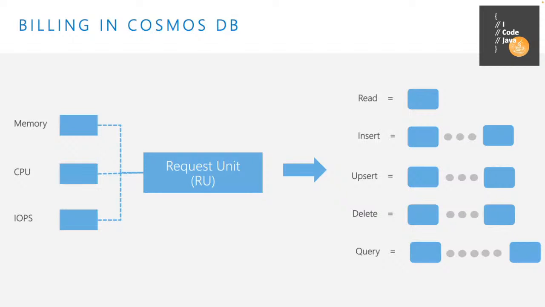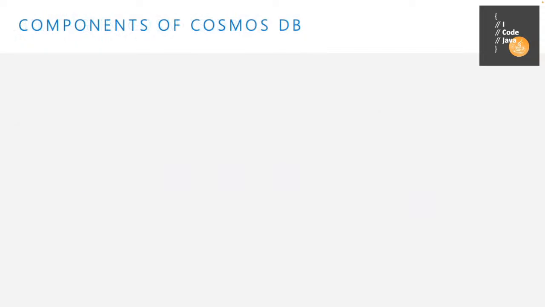And then how do you provision that in the service? Well, you say, I want this database or this container, whatever it is, to have 10,000 request units per second, right? So that's like a theoretical max. That's how we determine throughput. Okay, so if we think about what the components are, obviously we've got to throw in some Azure ideas in there.